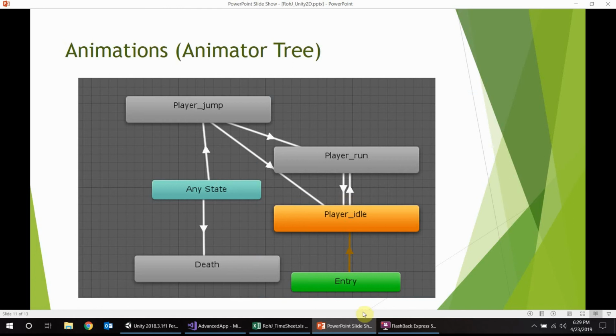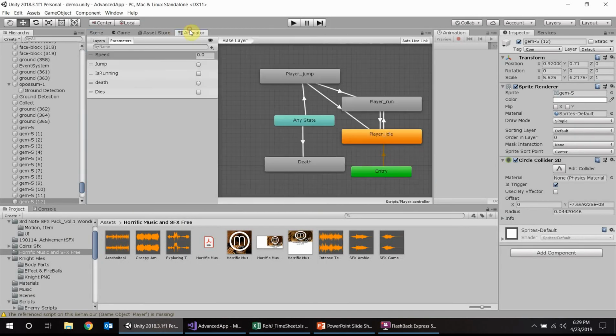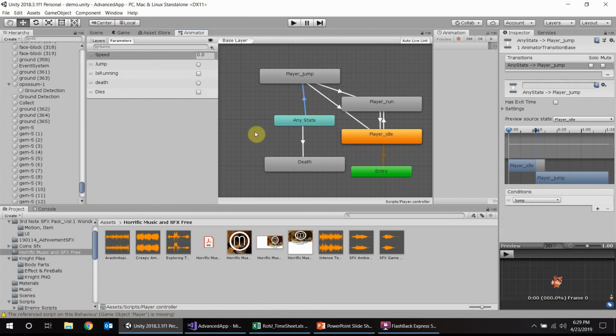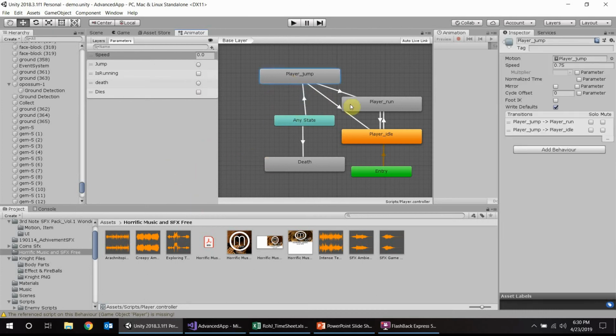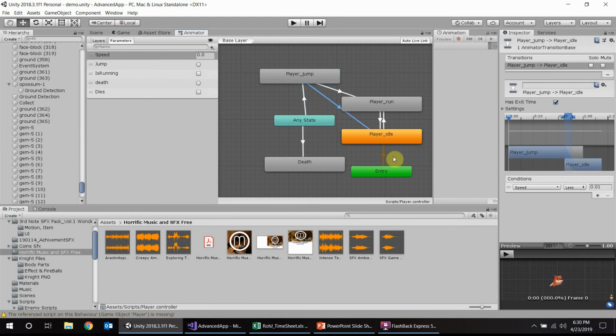And then this is our animations tree. We can go a little bit more over this in class. I guess I could show you real quick. So from any state, we can set the jump trigger, and if we set the jump trigger in our script, like we do in our player script, it'll play the jump animation, and then from there we can also